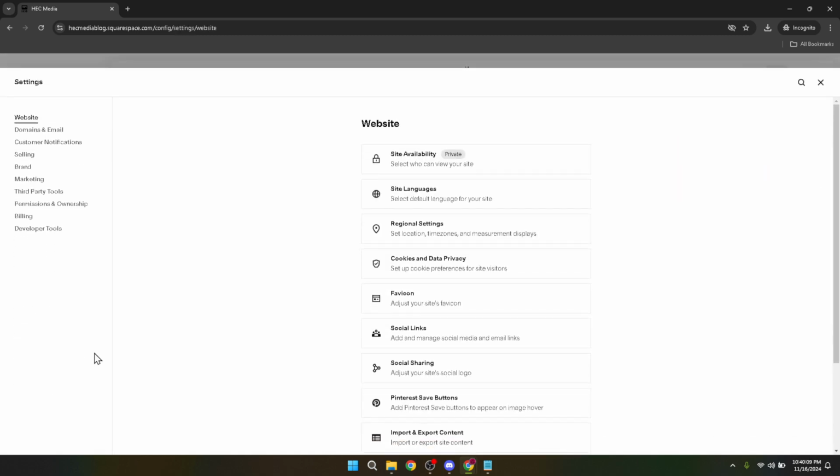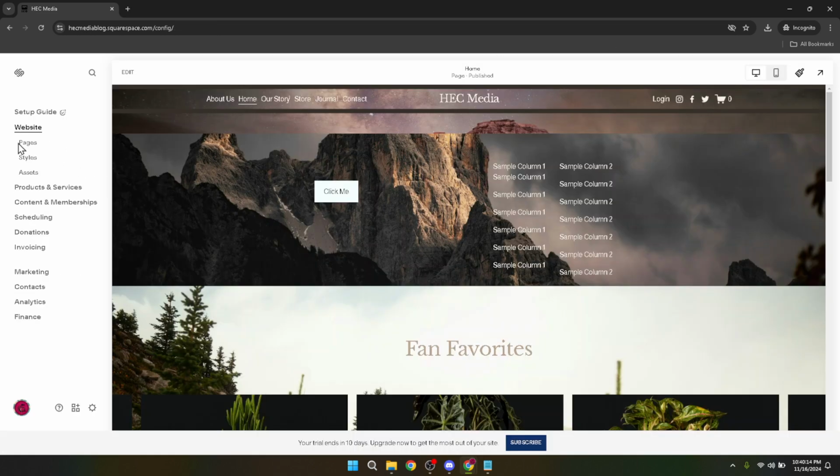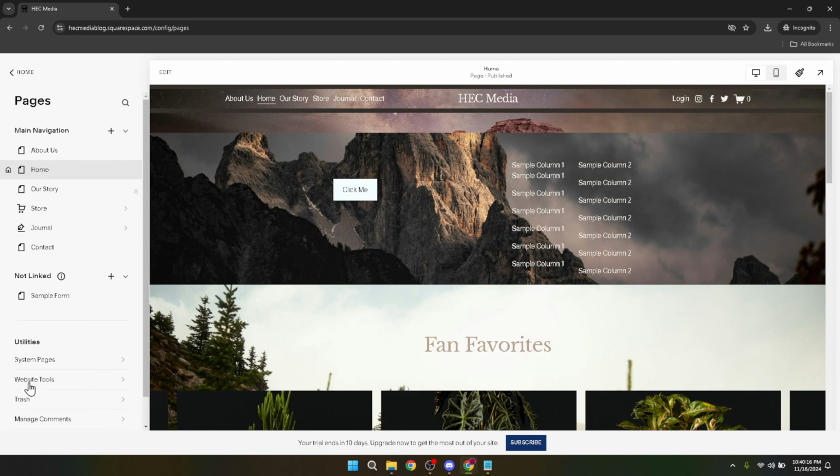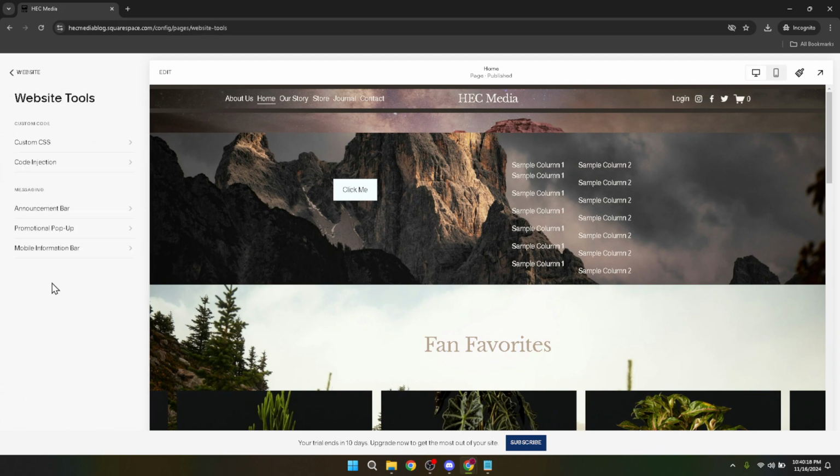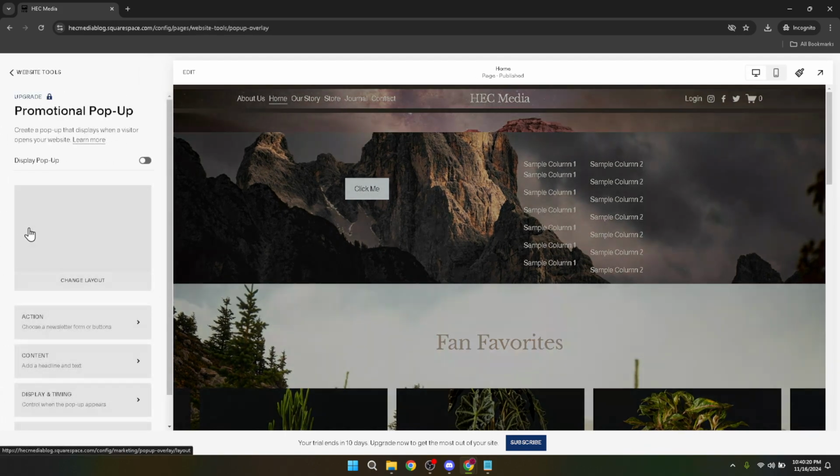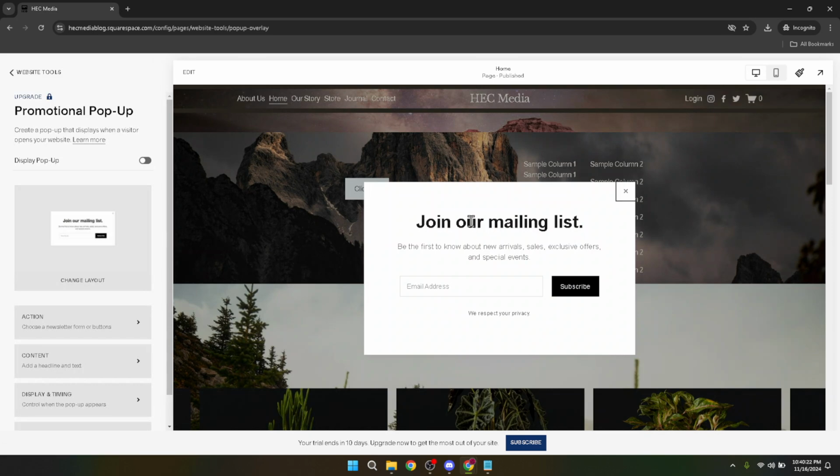Within the Pages section, you're going to look for Website Tools. It's in this section that Squarespace houses various features that enhance your site's functionality, including the pop-up feature we're focusing on today. After clicking on Website Tools, your next step is to select Promotional Pop-up. This is where you start the process of creating your pop-up. Squarespace offers a range of customizable pop-up templates, so you can choose one that best fits your site's look and